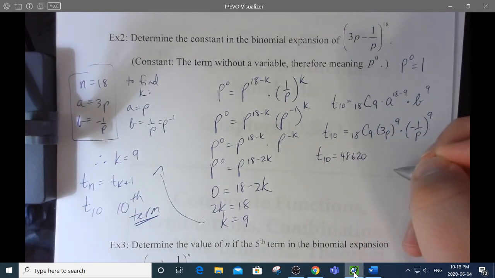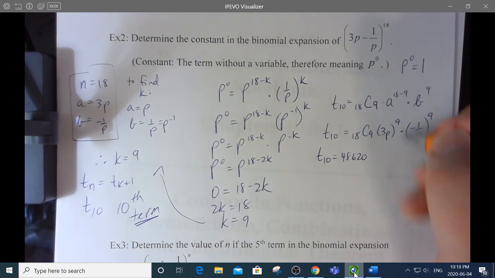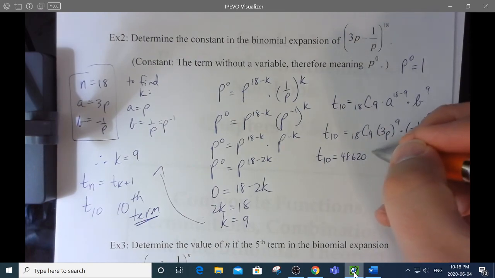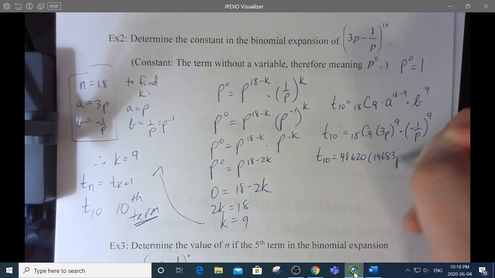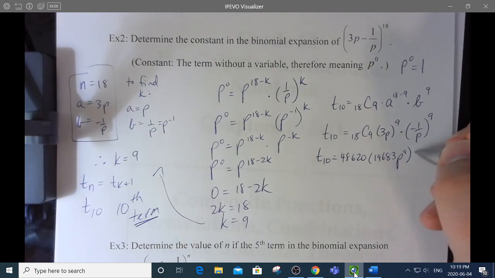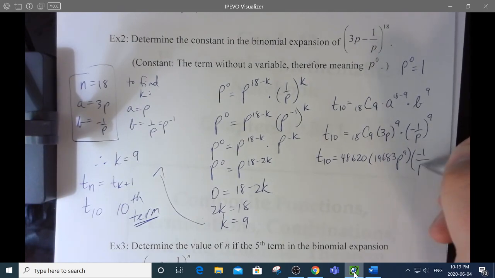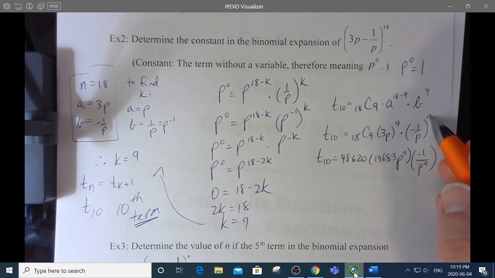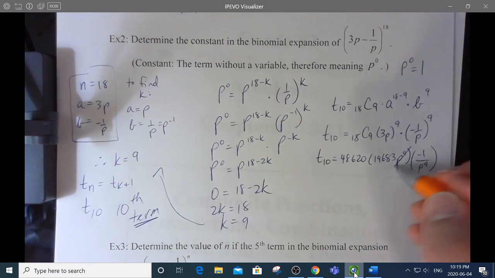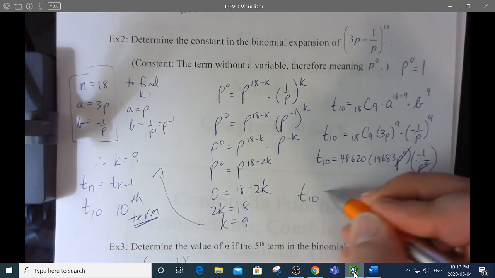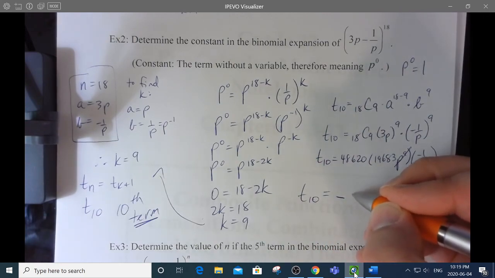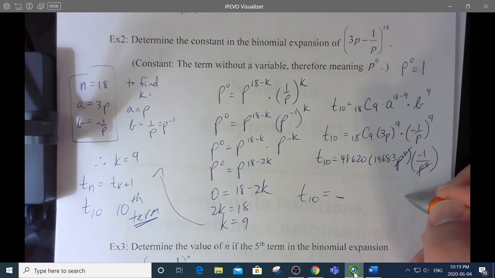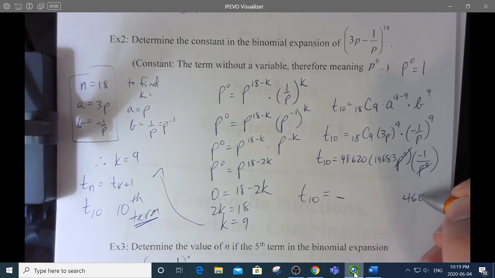48,620. Lovely. And this is then 3p to the 9. 3 to the 9 is 19,683, so that's p to the 9. And then that's negative 1 over p to the 9. Remember that a negative to an odd power is still a negative. So those p to the 9s cancel, and my 10th term is a constant of negative, and these two numbers times together, I actually did this calculation already to save time. It is, let's see, 460 is the last three digits, then